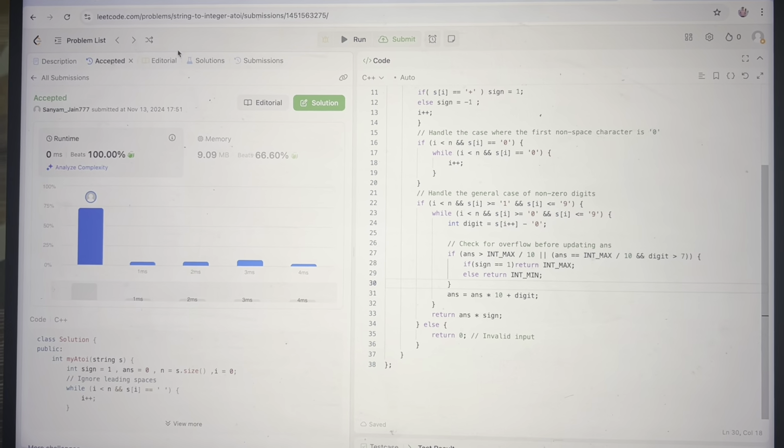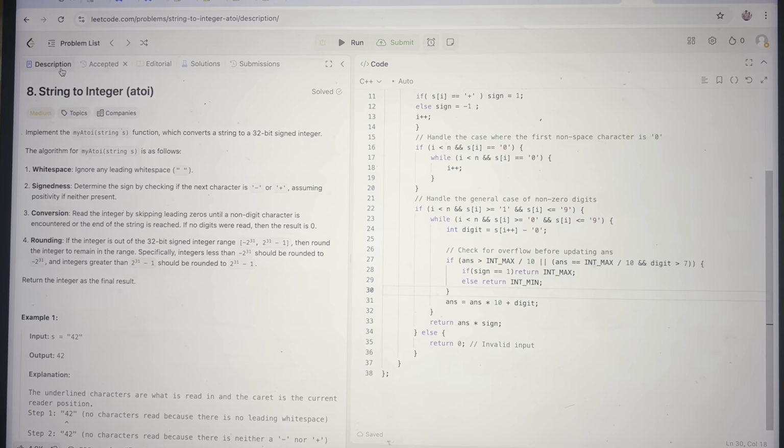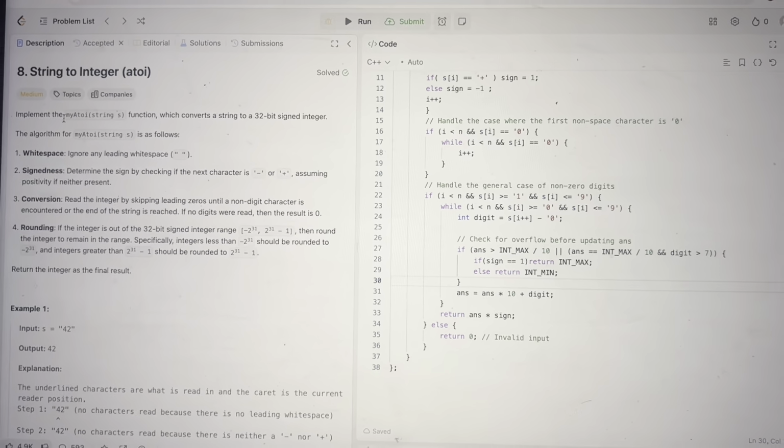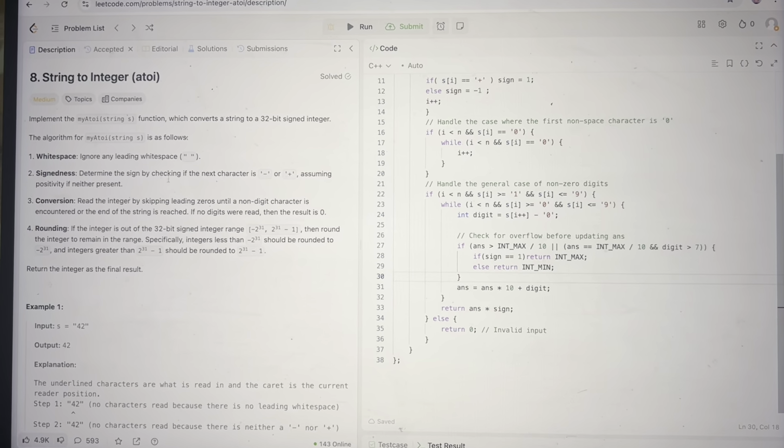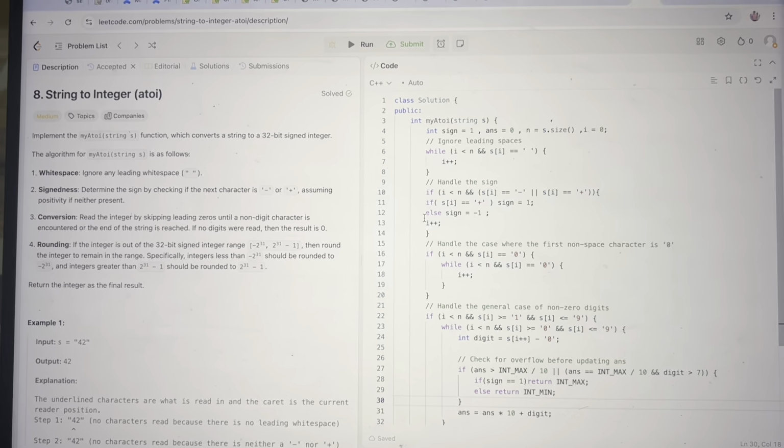So it has been accepted. This is a little bit difficult level question. I think now the solution is clear to you all, and see you also in the next video,